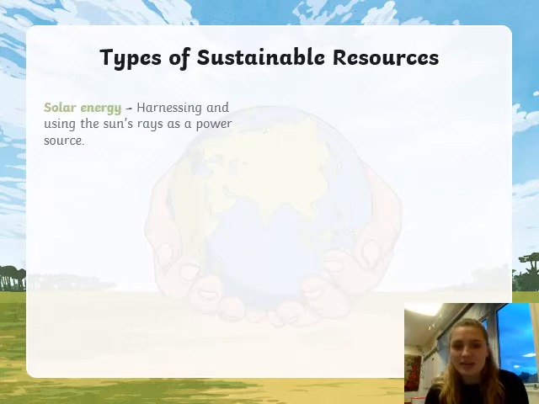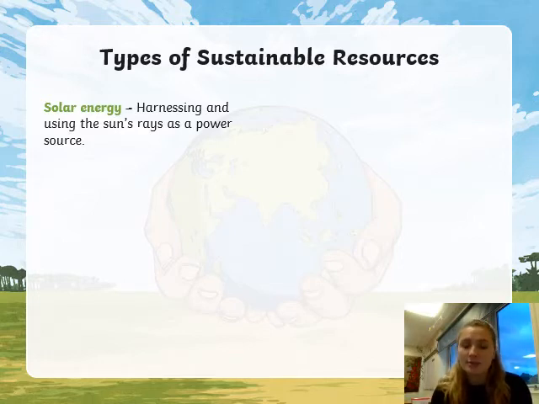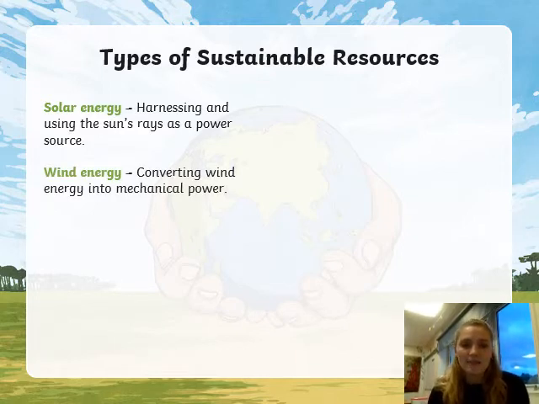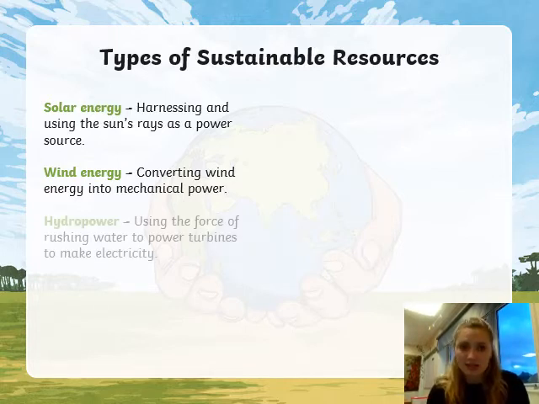So, types of sustainable resources. So last time we were looking at renewable versus non-renewable energy resources, and we found that something that was more sustainable, a way of releasing some energy, was through solar panels. So this is where it's harnessing the heat and the sun rays and the light in order to turn it into electricity. We also had the wind energy, which converted the wind, which turned the turbines, which turned it into mechanical power and produced some electricity as well.